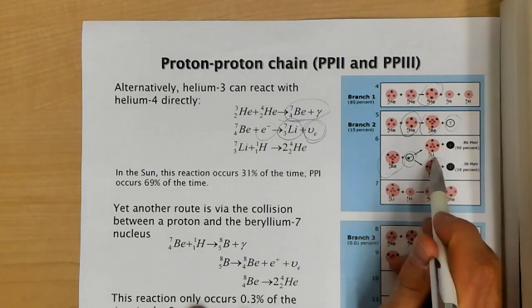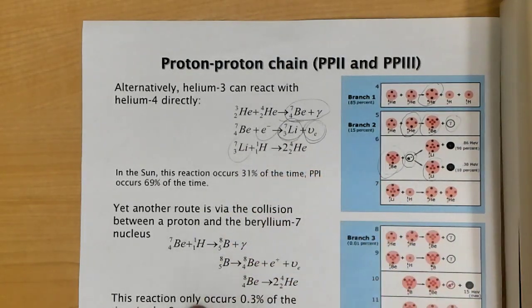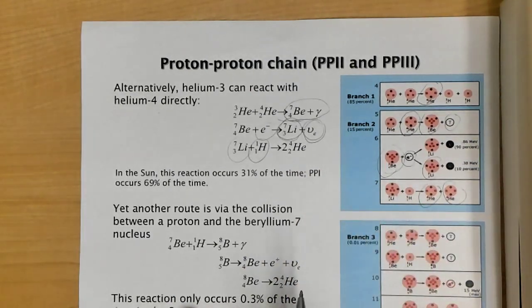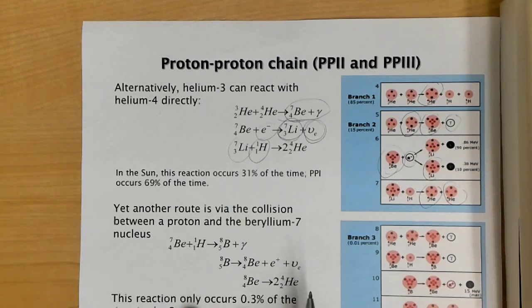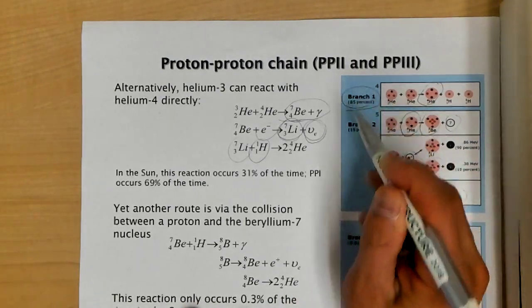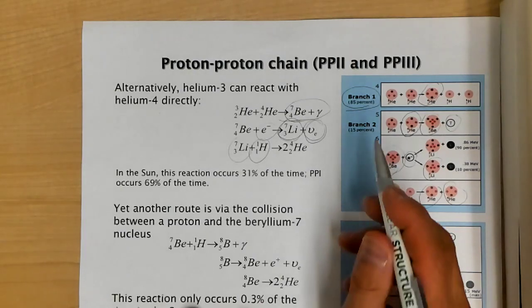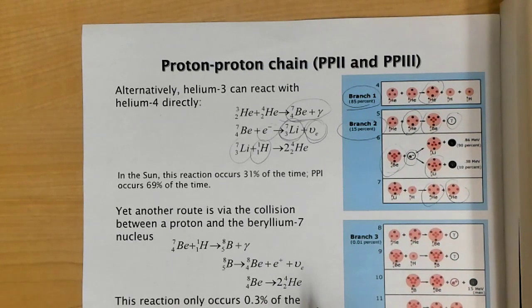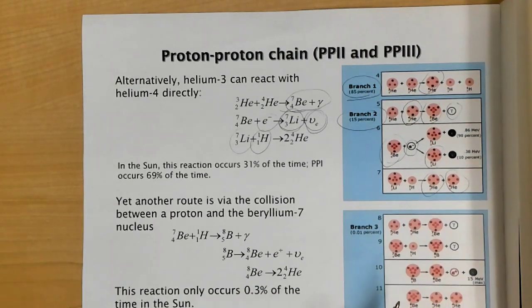Now, after you've produced the lithium-7, I know it's somewhat complicated here, but then you can combine with another proton, and that will actually take you to 2 alpha particles, or 2 helium-4 nuclei. So compared to the branch 1, which happens about 85% of the time, branch 2 happens about 15% of the time. If you think very hard about what other ways you can produce helium-4,